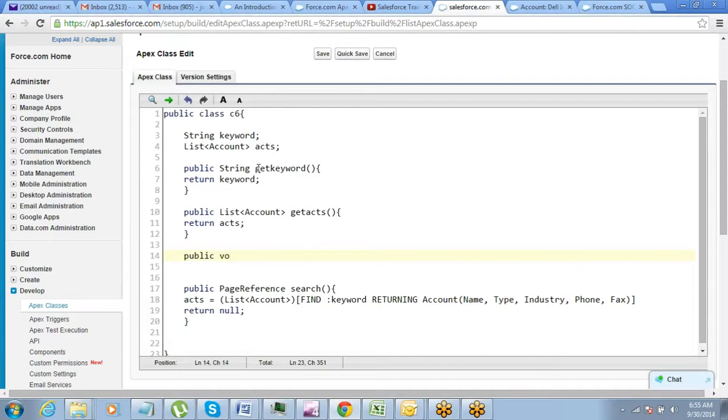A void is basically a method which does not return anything, right? So though I'm calling it a set method, it's a void method. It does not return anything, and I pass on a parameter to this.